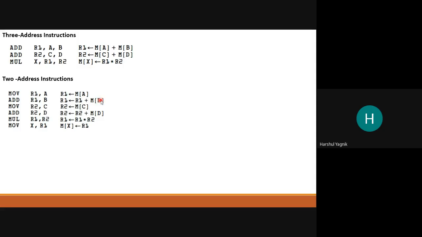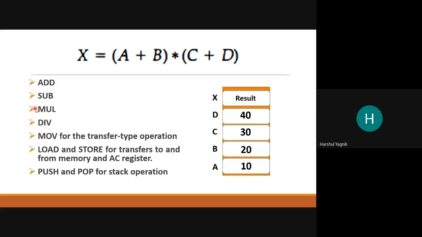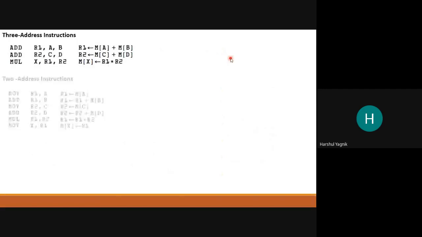Where is the result of the addition stored? In the register R1. Similarly, next are C and D addition. C and D are memory locations. So first get the operand from memory location C into register R2 and then perform the addition of the content of R2 with the operand present at the memory location pointed to by D. The result of the addition is loaded into register R2.